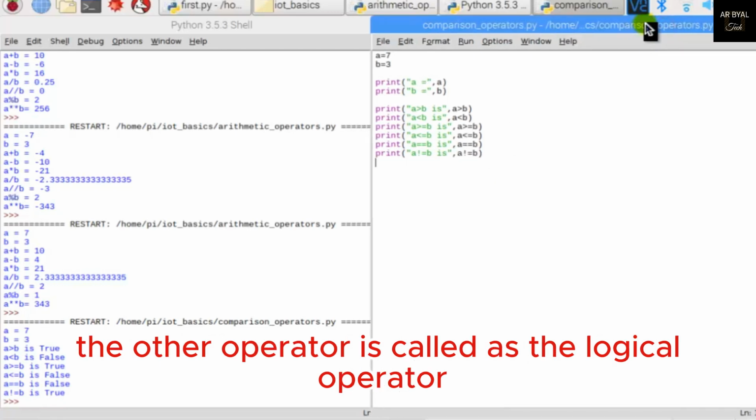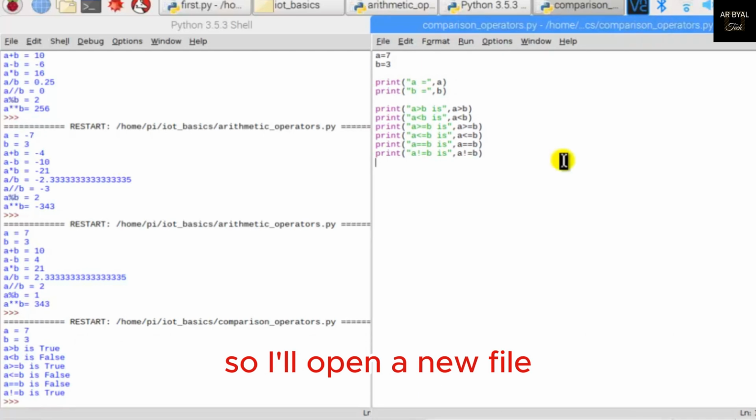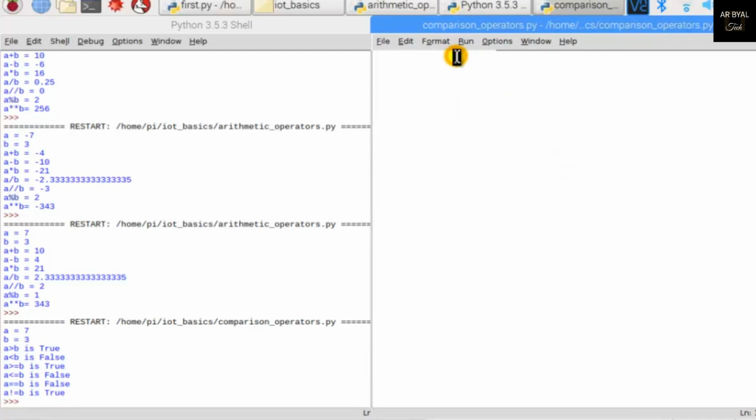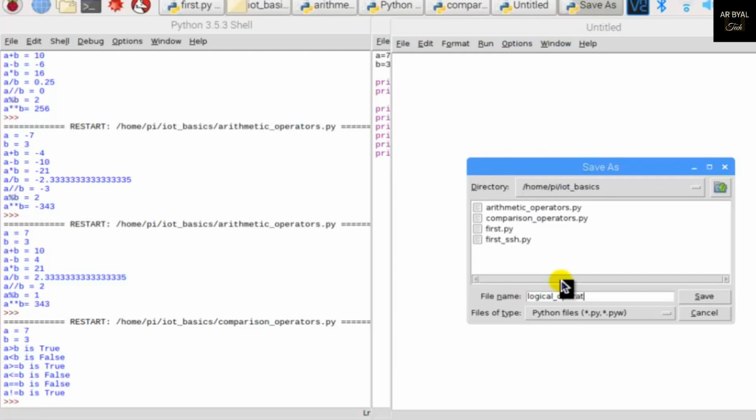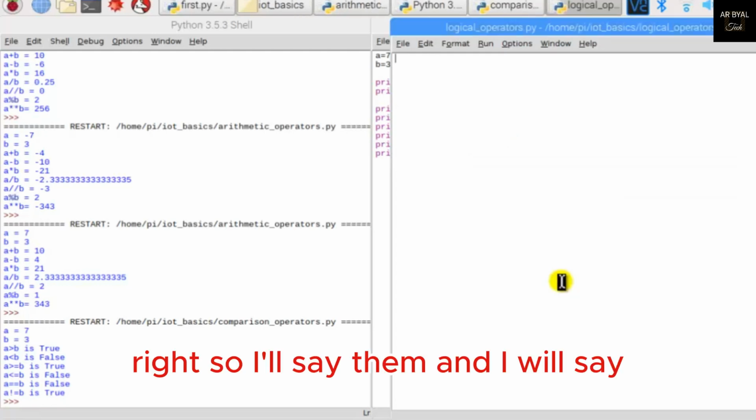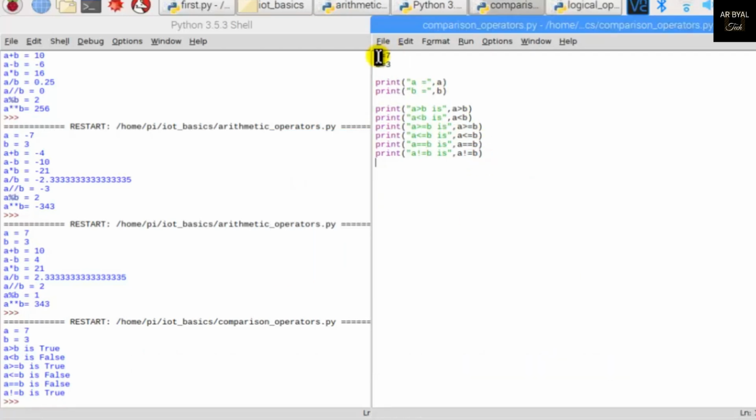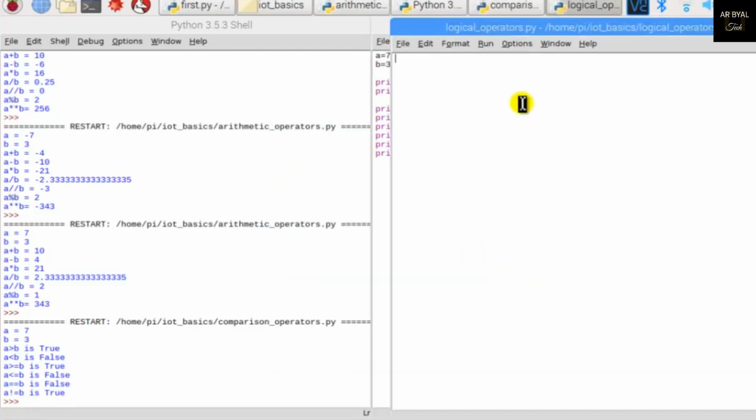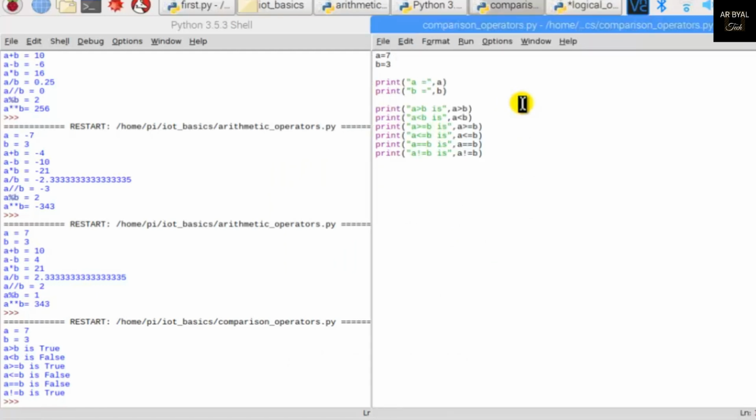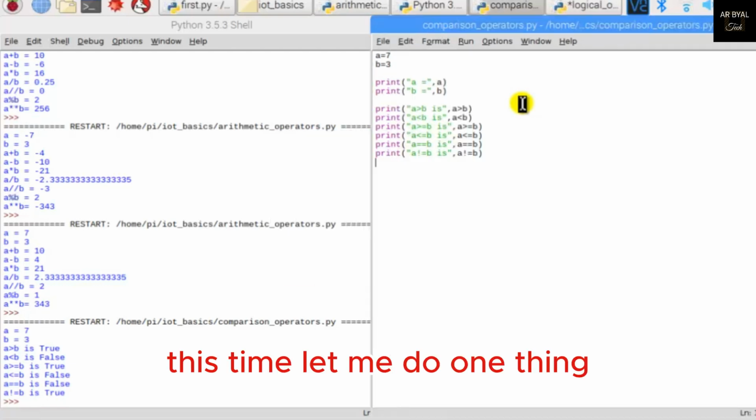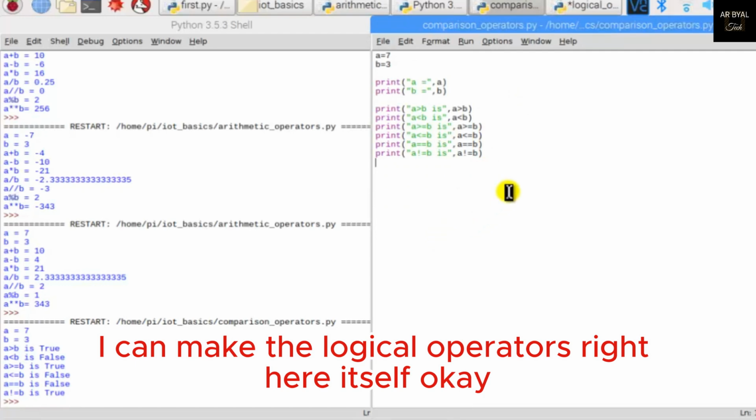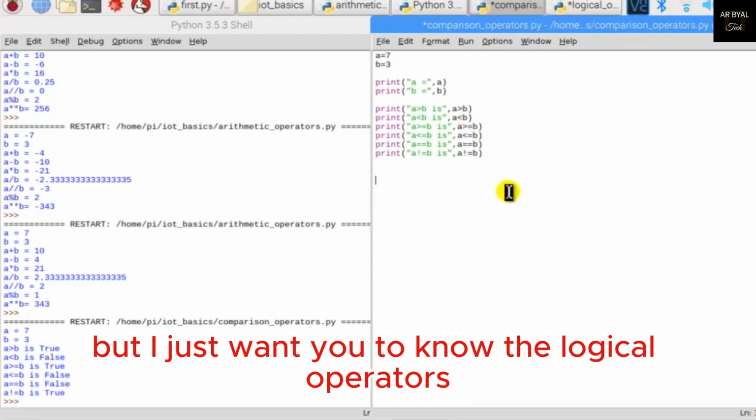The other operator is called the logical operator. So I'll open a new file and I'll save this as logical_operators. Right? So I'll save it and I will say, let me say A is equal to, cool, A. This time, let me do one thing. I can make the logical operators right here itself. But I just want you to know the logical operators